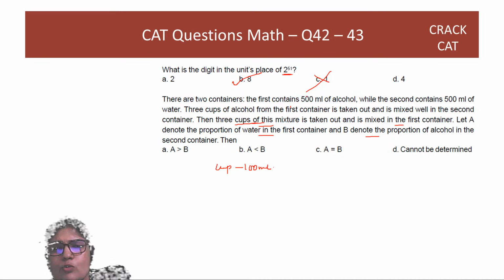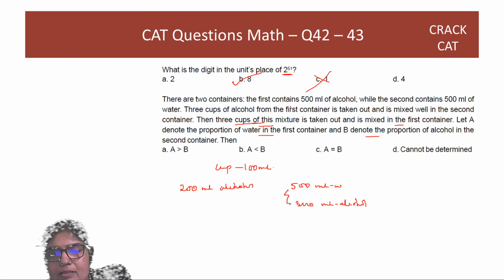So first you remove 300 ml of alcohol. यहाँ पे सिर्फ 200 ml alcohol बचता है. And now here in 500 ml water, you are adding 300 ml alcohol. So in this case, right, 5:3 is the ratio of water and alcohol. When you remove 300 and put it back here, right,